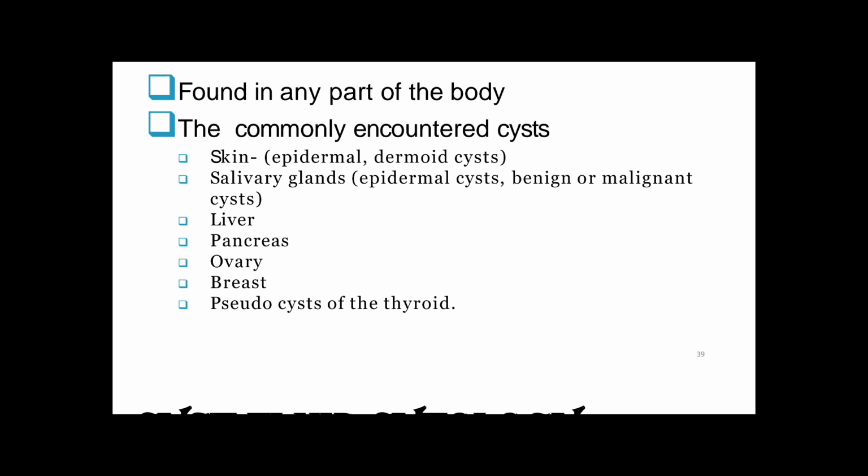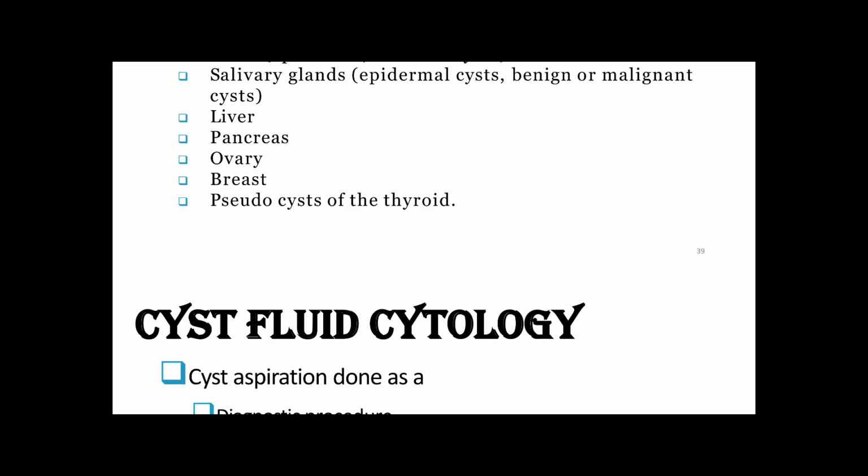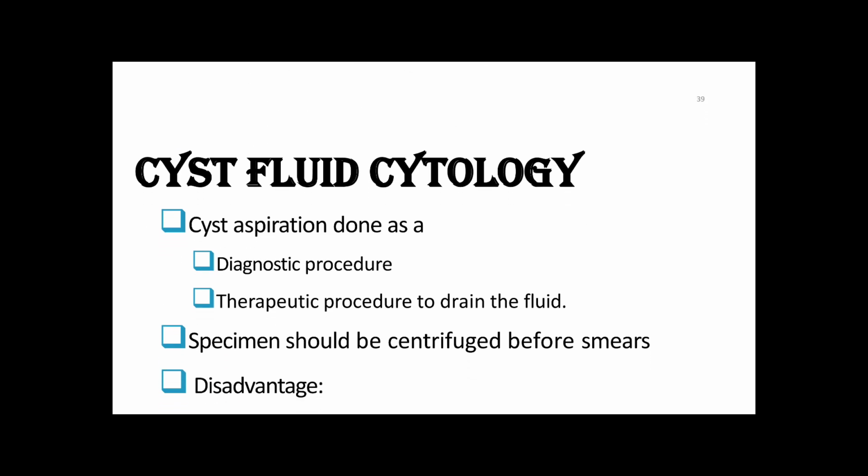The commonly encountered cysts we can see are in the skin, such as epidermal and dermoid cysts. Another is the salivary gland, where again we can see epidermal cysts or benign or malignant cysts. Also the liver, pancreas, ovary, breast, and pseudocyst of the thyroid. These are the areas where we can see cysts. Right? So let's move into the cyst fluid